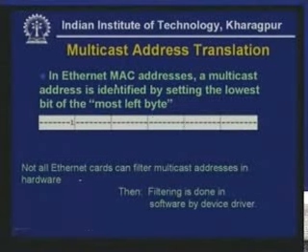Well, in Ethernet MAC addresses, a multicast address is identified by setting the lowest bit of the leftmost byte. You remember that an Ethernet address is 6 bytes long. Now of the first byte, the most significant byte, the last bit is set to 1 in Ethernet MAC addresses to indicate that this is a